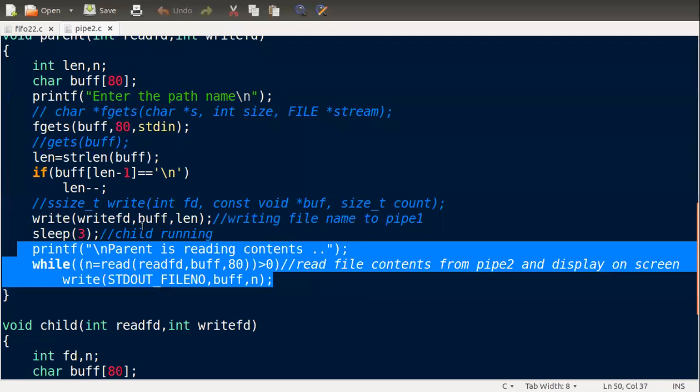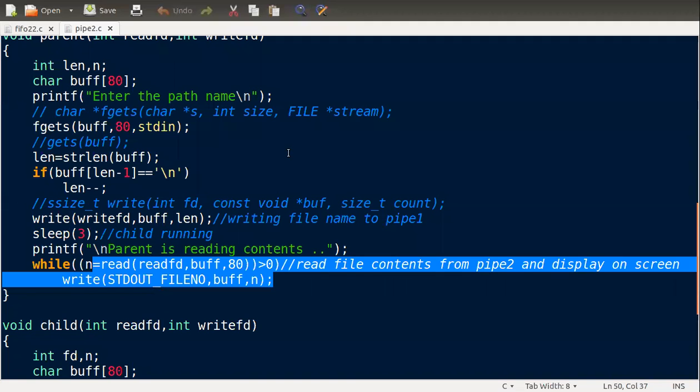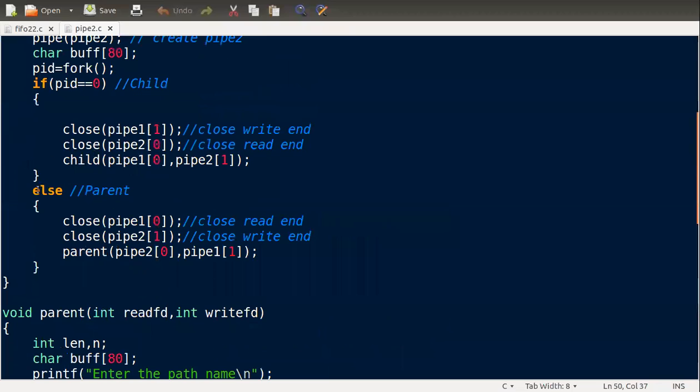What the program will do is, the parent reads the contents of pipe 2 and writes them to the stdout, that is our console. And the parent will end over here. So the idea is there are two pipes. First, the parent process gets the file name from the user and writes it to the write end of pipe 1.